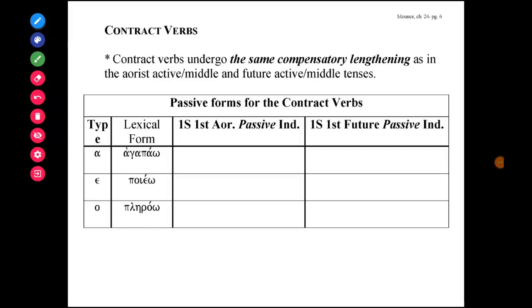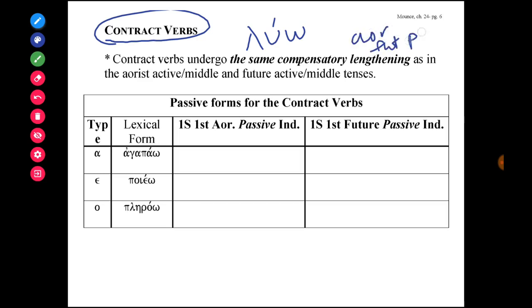Having gone over the regular paradigmatic forms for the aorist passive and future passive indicative forms, let's go over the forms for special verbs. For contract verbs, it looks just like luo, so you don't expect to see any difference in the forms for the aorist and future passive forms, except that, like all contract verbs, you should expect compensatory lengthening for the aorist